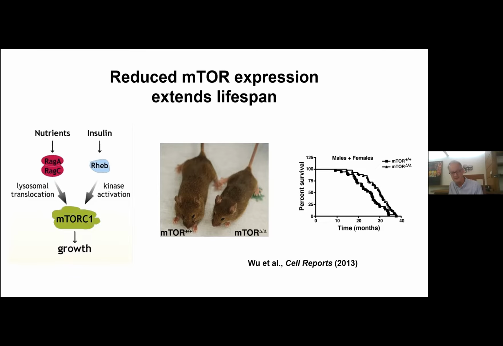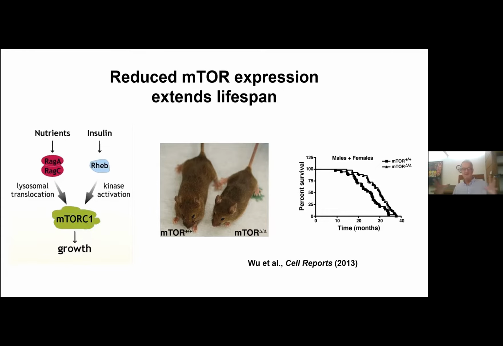Shown on the right is work from our lab a few years ago, which reduced mTOR levels to about 25% of wild type, and that resulted, in the case of mice, in an extension of lifespan of about 20%. Similar increases in lifespan have been shown with pharmacological inhibitors of mTOR, as well as other genetic strategies to reduce mTOR activity, again, in a wide range of organisms. But